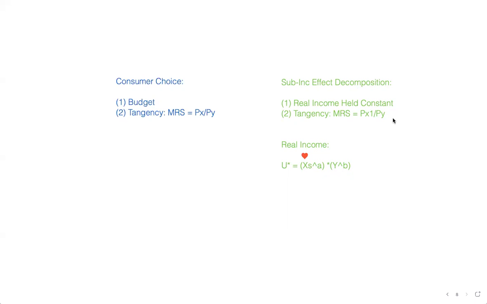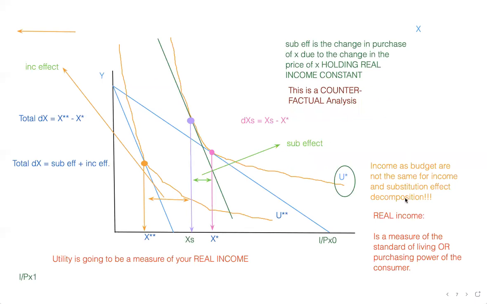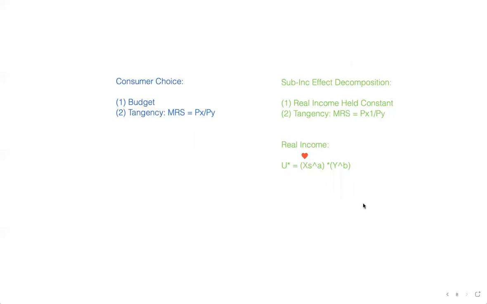So you can go ahead and watch the other videos. I know it's a lot, these last two problems, 19 and 20, with all of the graphing and everything that you're going to do of the income and substitution effect decomposition. I would say that like 20% of your grade on the next midterm will be directly related to this income and substitution effect decomposition. So we'll spend some more time on it next Tuesday, particularly in the activity before class, working on solving those problems. But technically, after this diagram and this setup, you have everything that you need to solve those last two problems. It's just that you've got to work through it. Okay, so